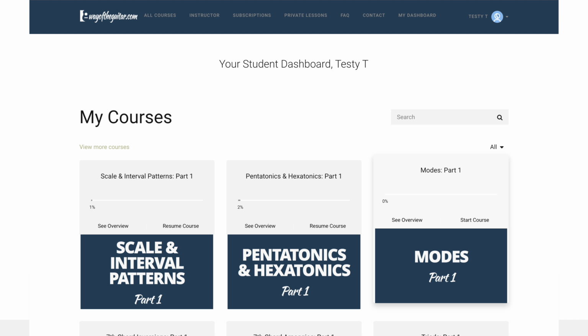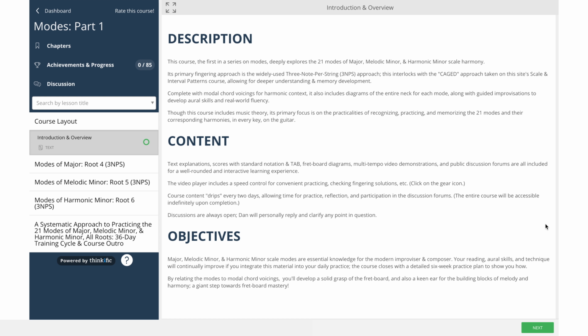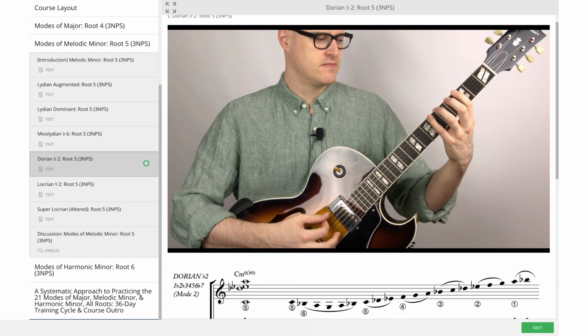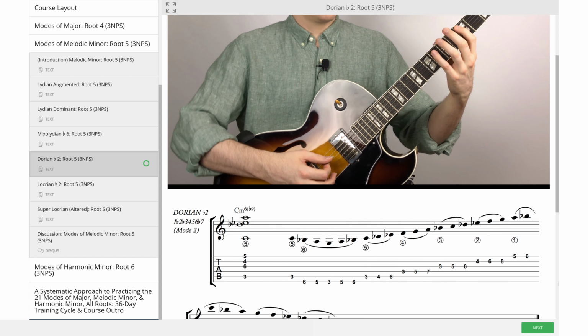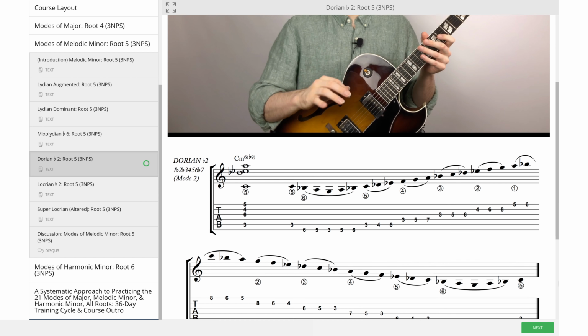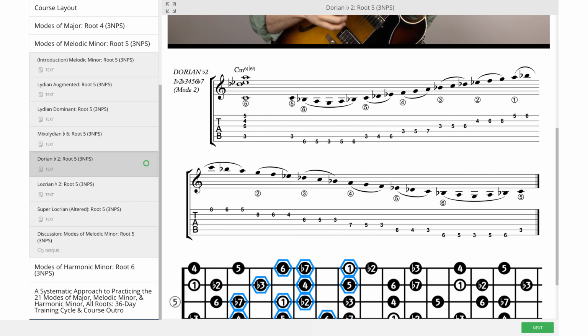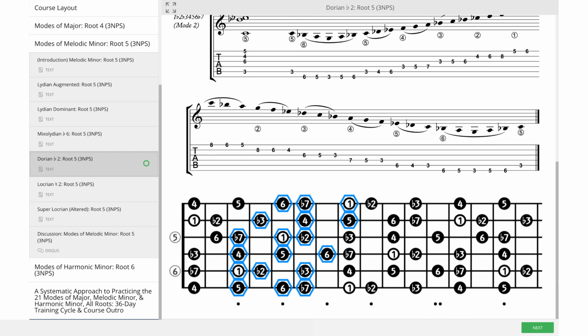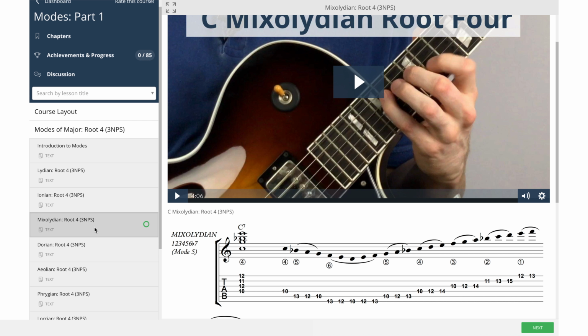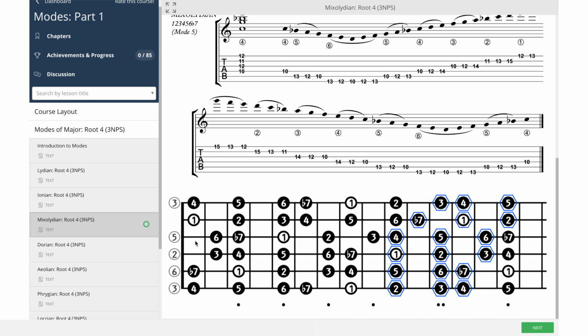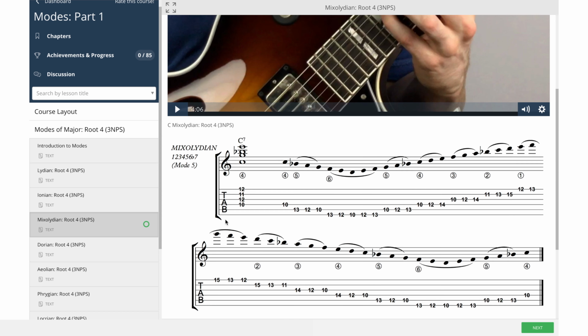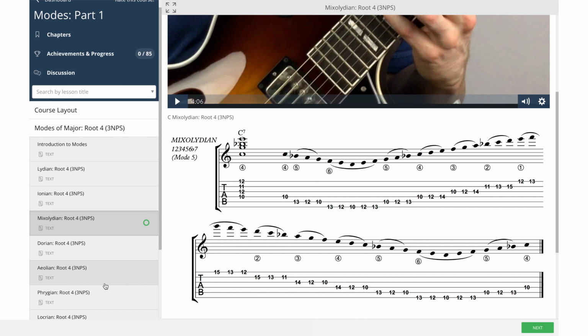Lastly, let's take a look at the modes course. This course includes all 21 modes of major, melodic minor, and harmonic minor harmony. The fingering system is a 3-note per string system which interlocks with the caged forms that are taught in the scale and interval patterns course, allowing for a more complete view of the fretboard and opening up a greater number of phrasing options. The videos include guided improvisations, fretboard diagrams, standard notation and tab, as well as discussion of modal